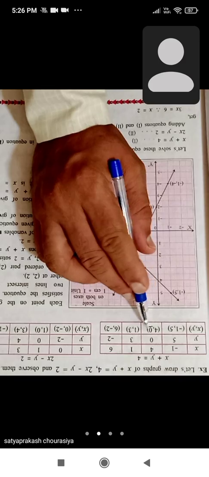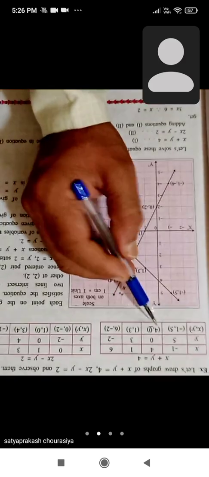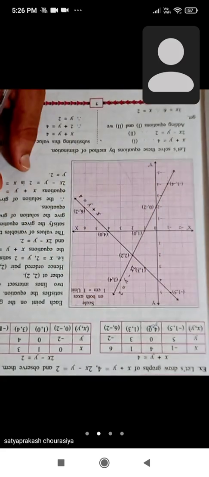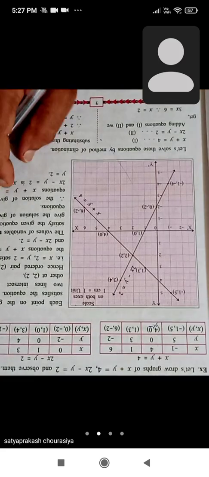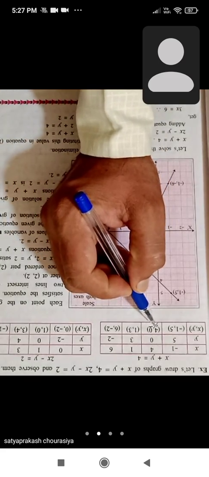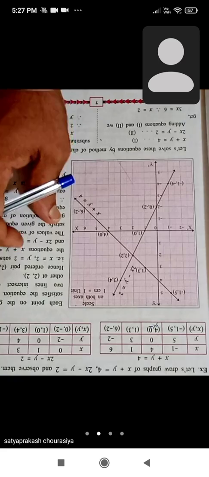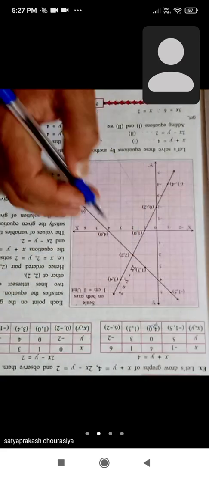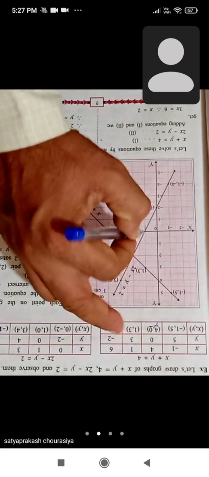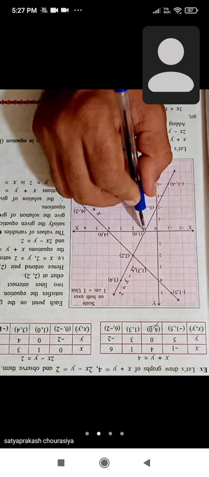the y value is 0. Y is 0 means this point lies on the x-axis because the x value is there. Okay, and what is 0? Y. So this is definitely present on the x-axis because the value of x is given. Now next one, (1, 3). So here the x value is 1, so 1 is taken. Now the y value is 3, so y is a positive value. It will be in the upward direction from the x-axis. So this is (1, 3).